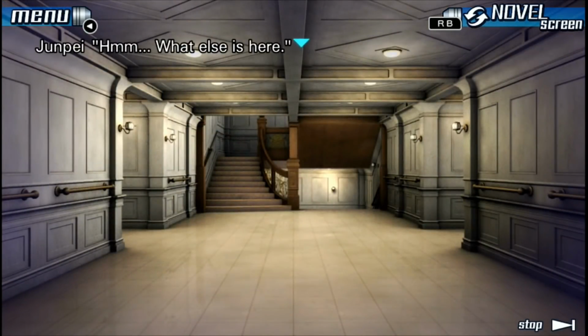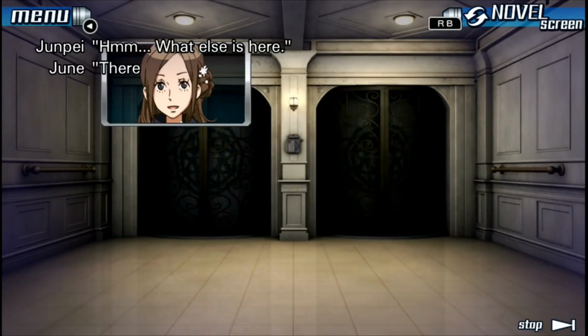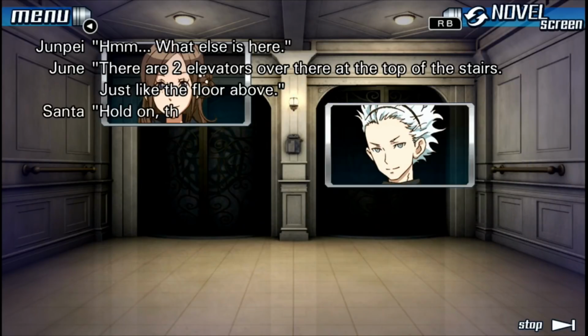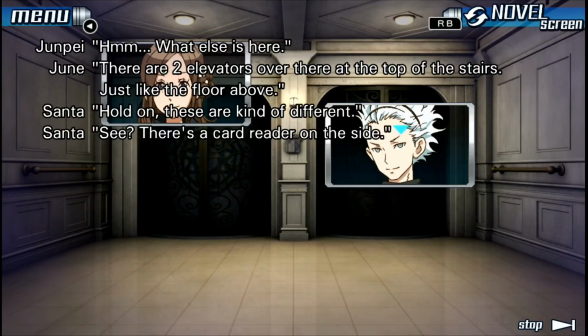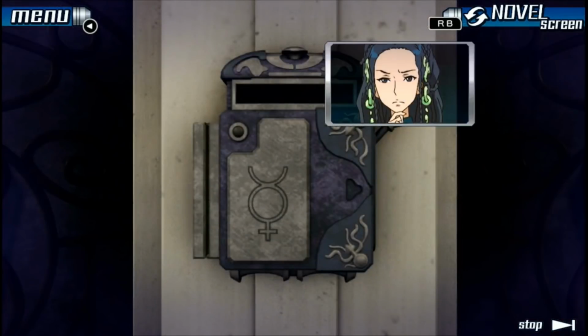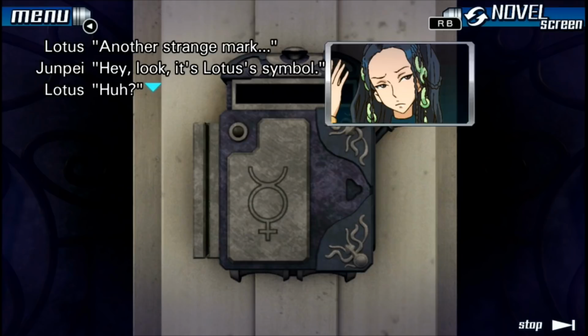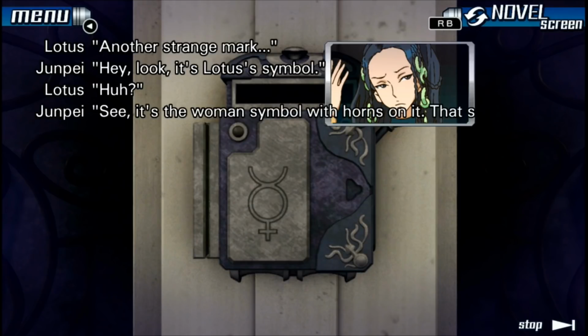What else is here? There are 2 elevators over there at the top of the stairs, just like the floor above. Does it need a hold on. These are kind of different. See? There's a card reader on the side. Another strange mark. That is going to be probably Venus. Hey, look! It's Lotus's symbol. Huh? See? It's the woman symbol with horns on it. That seems like...